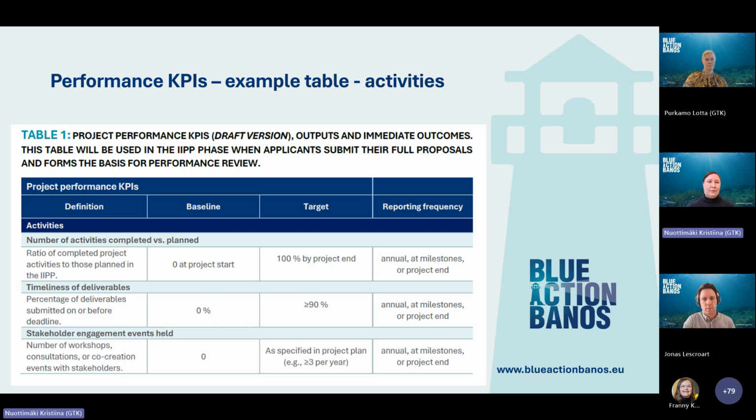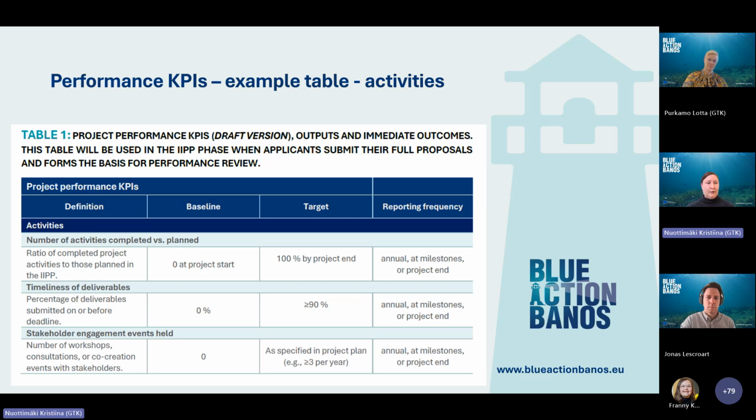And this is then what the example table looks like. So here we have defined some example project performance KPIs. They are defined shortly for the activity phase. Then there's a baseline that you should define, your target, where you're aiming during the project duration, or through a narrative after that, and then the reporting frequency. How often will you report or observe this